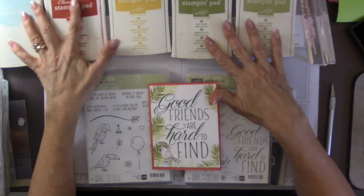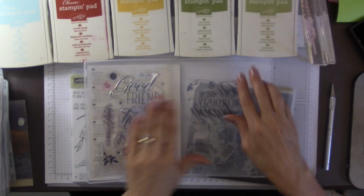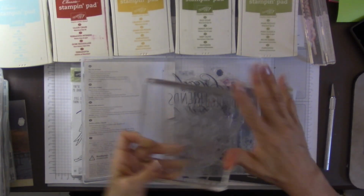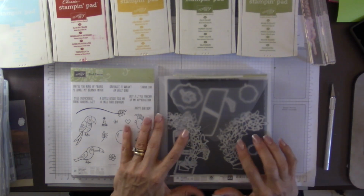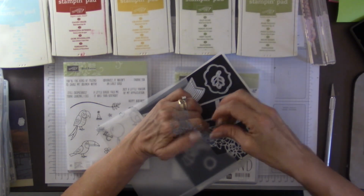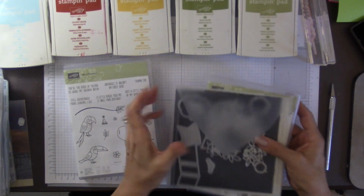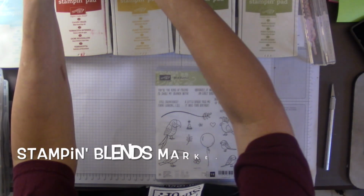So what I have in front of me are the Lovely Friends stamp set and bundle. We're going to use this Good Friends Are Hard to Come By, and that takes this great big F block for my front. And I'm going to use my Big Shot because I'm going to pull out these laurels here that I'm going to use to cut out our pop-up branch. Okay, so I'm going to set this aside, and then what I've done is I have already stamped and cut